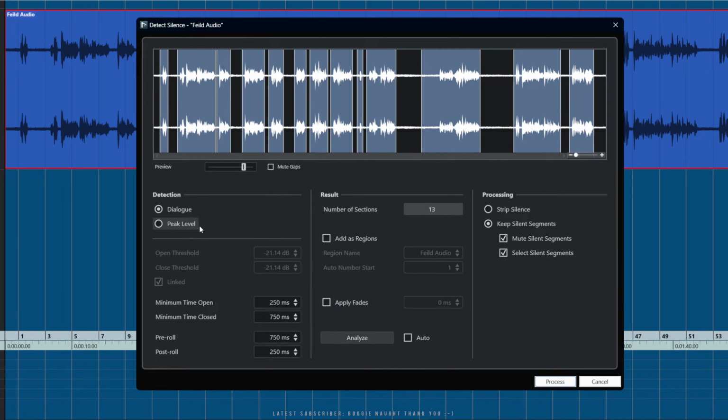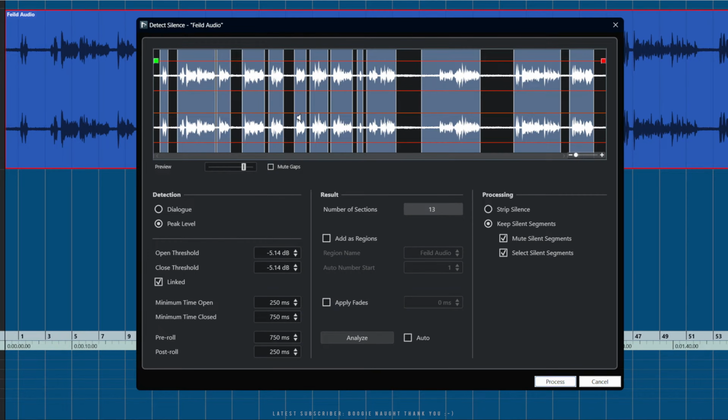However, in this case, I'm going to show you peak level. So I've made some settings here. Basically, if you can see these red lines here, we've got a threshold. It's a bit like a noise gate. We've got a threshold where we can tell the detect silence box where to kind of ignore things. So as long as I've got that set roughly, if you can see, if I lift the level up there, it gets higher and higher.